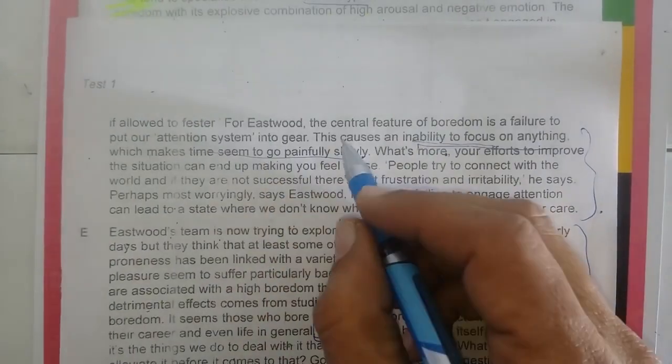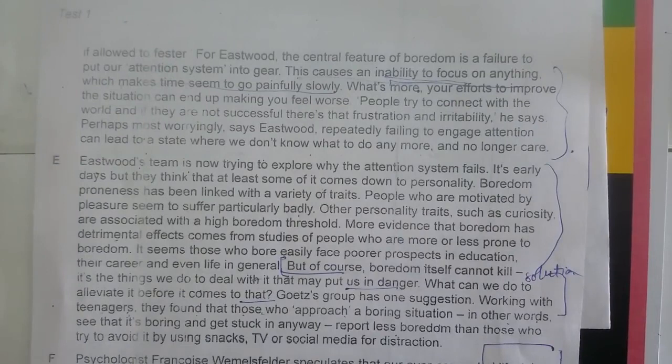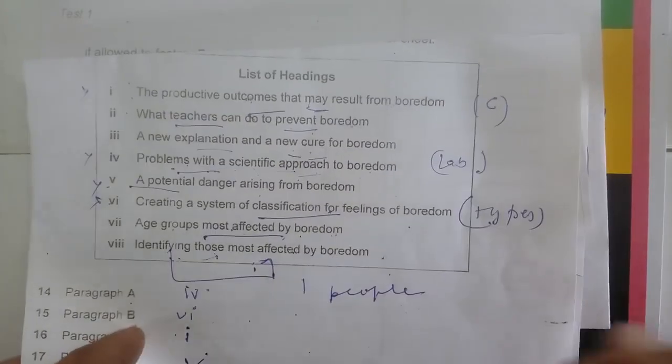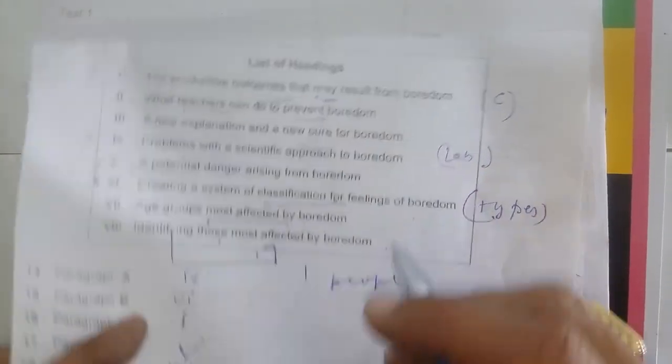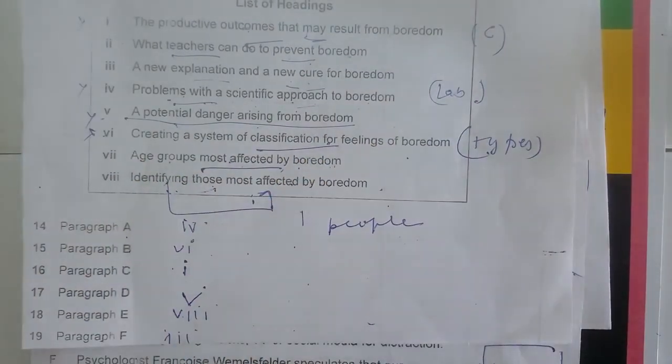इसके बाद मैं डी पे चला गया, इसने आगे जाके यहाँ कमी निकाली कि ये मेरे को फोकस नहीं रखने देता कहीं पे भी, फोकस ऑन एनीथिंग, विच मेक्स टाइम सीम टू गो पेनफुली स्लो। तो ये इनएबिलिटी टू फोकस हो गया, कि स्लो चलता है। तो इसने यहाँ पे एक पकड़ी और ई में जाके इसी चीज को इसने एक्सपेंड किया। देखो, पैरास की आपस में बहुत स्ट्रॉन्ग अटैचमेंट होती है। तो जब इसने इनएबिलिटी टू फोकस कहा तो इसने एक डेंजर पॉइंट दे दिया कि डेंजर क्या है कि आप बोर के कारण कहीं भी फोकस नहीं कर पाएंगे, आपका माइंड फ्रस्ट्रेटेड रहेगा। ये मतलब है इसका कहने का यहाँ पे।